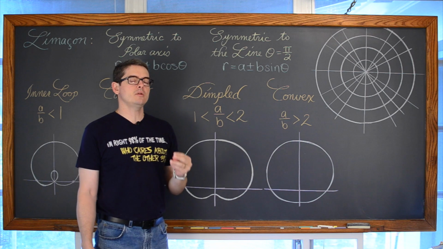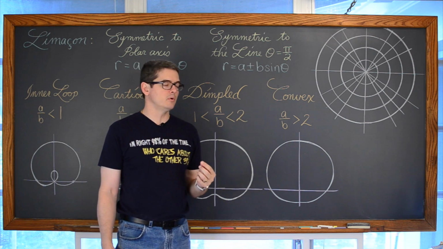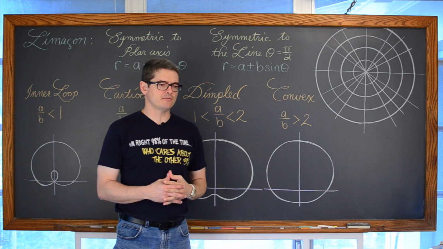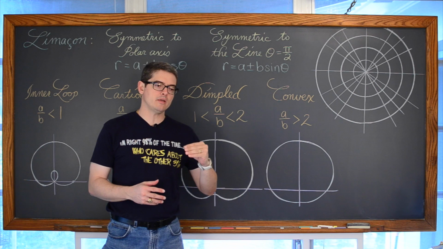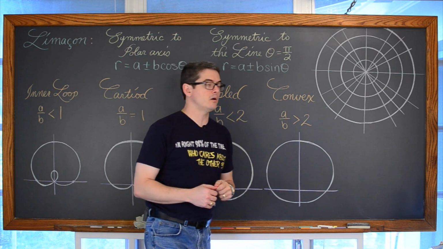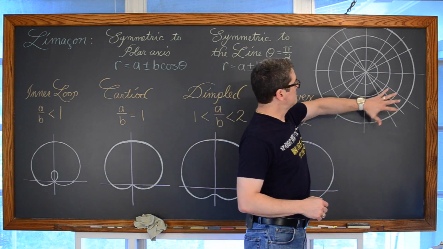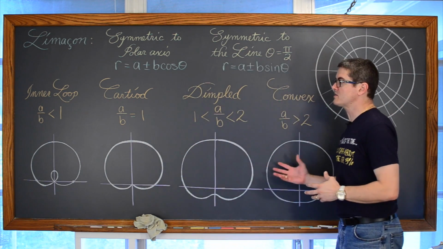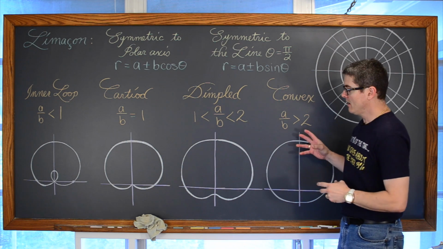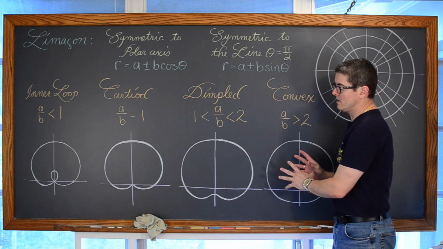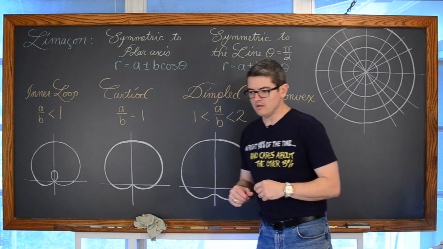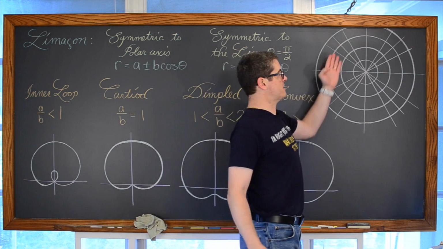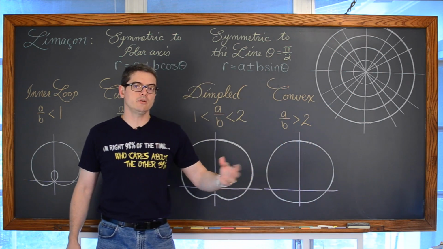Now, you don't have to use the angle measures around the unit circle to make a polar graph. Indeed, when we get to roses, when there are a lot of petals, if you were to make those by plotting points, you would want to make your increments much smaller than they are on the unit circle. But there's not a tremendous amount of crazy movement going on with these 4 types of limaçons. So when you make the table of values, if you're doing them by hand, you can just put the angles from the unit circle into your table.